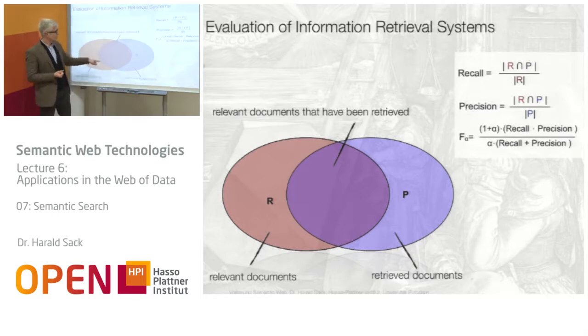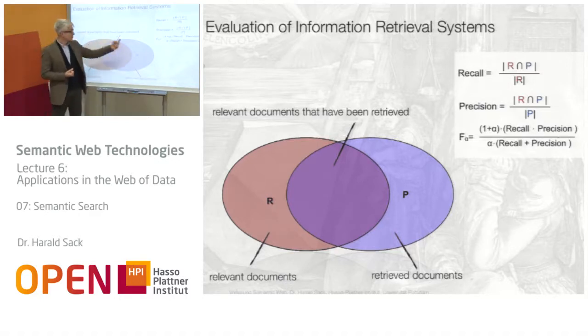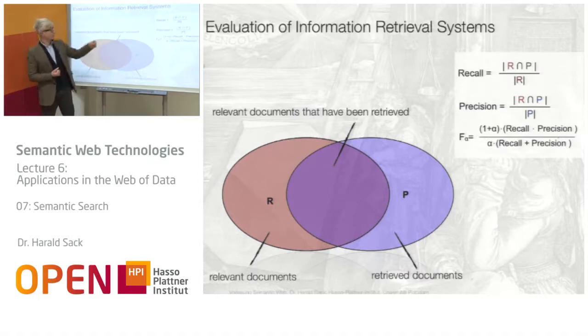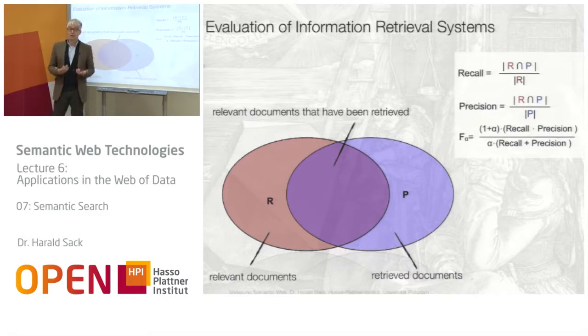On the other hand, you have to look at the precision. The precision says you take into account the number of relevant documents that have been retrieved, and you divide this by the number of all of the retrieved documents. In the ideal case, there are only those documents in the retrieved documents that do really matter. But sometimes you might have found some documents that do not really matter, and then this precision value is somewhere between 0 and 1. So recall stands for the completeness of your search result, and precision stands for the accuracy